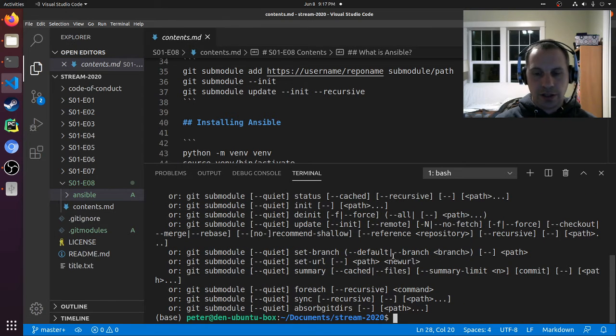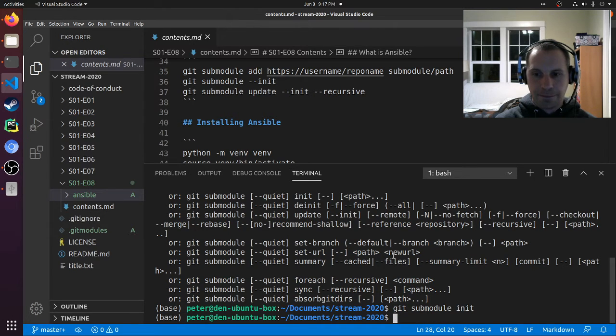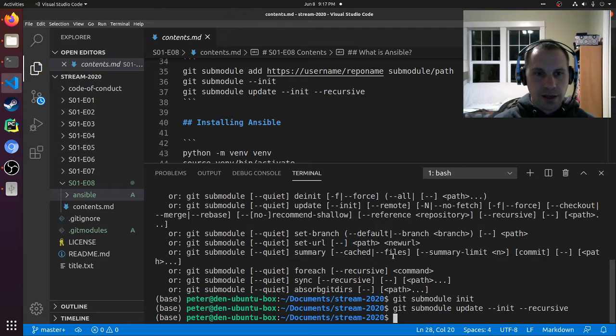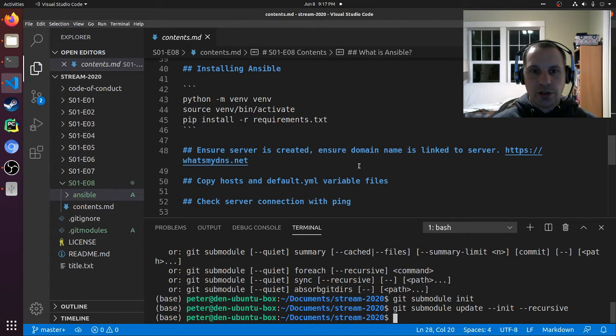Oh, just init. So git submodule init. Then we'll type git submodule update --init --recursive. And it looks like everything is all up to date. So we've ensured that our server's been created, and we made sure that the domain name was linked to the